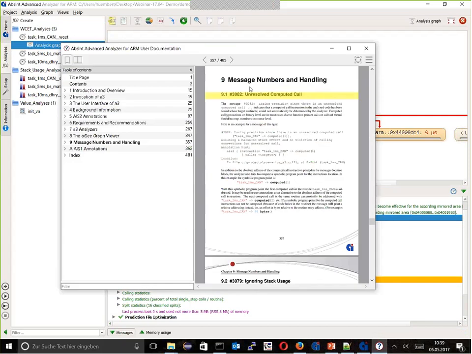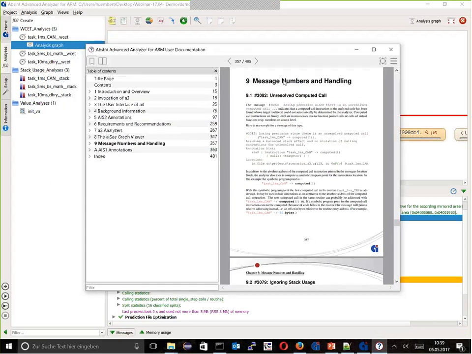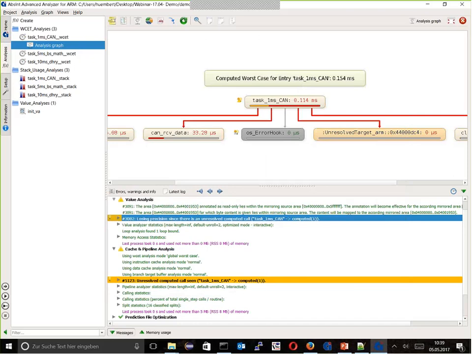Immediately the user manual will be opened at the corresponding section, number 9 here, message numbers and handling, and it will give you an overview about this problem, unresolved computed call. It explains how to solve these kinds of problems. This context-sensitive help is not only working for specific warning or error messages here in the